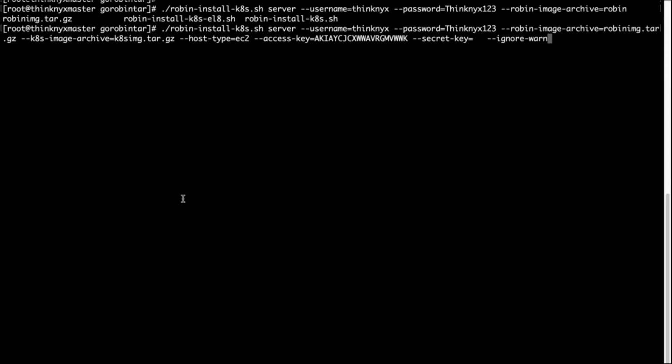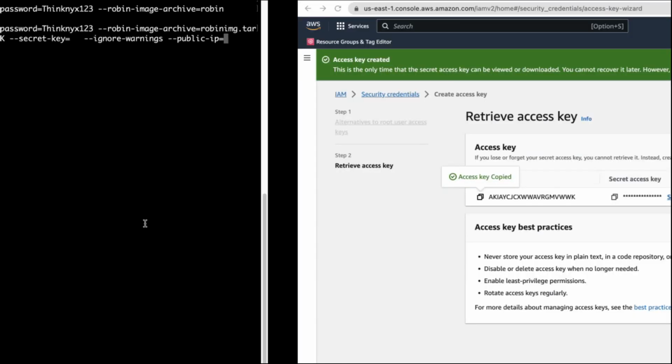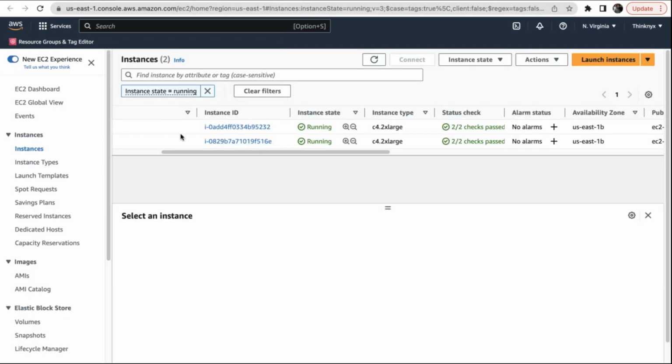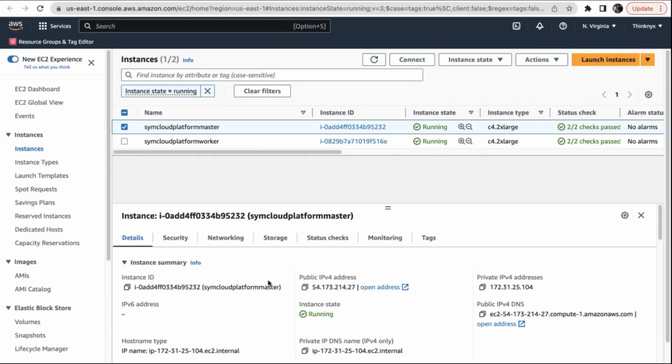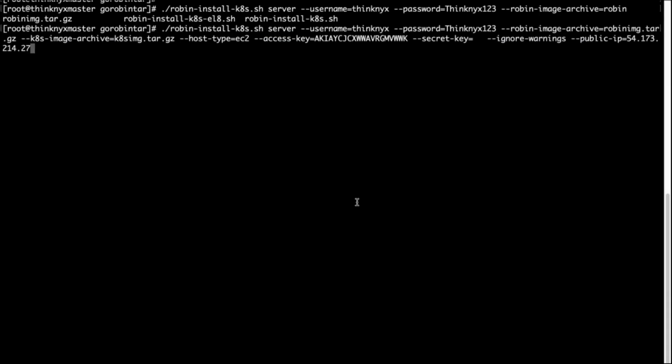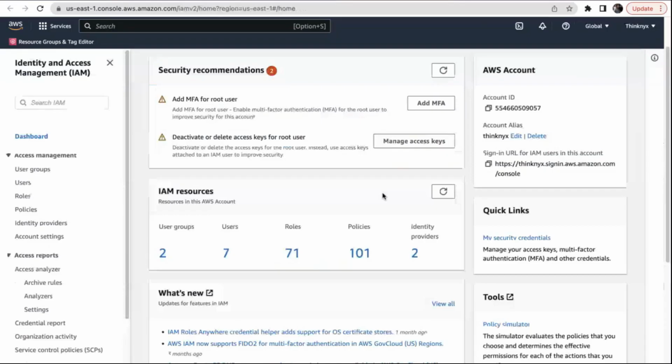And then hyphen hyphen public hyphen IP equal to the public IP, which is the temporary IP of our master. I haven't created an EIP, it's an ephemeral IP, this one. Come back, paste it. So we have the server installation, username, password. These are the Robin images. These are the Kubernetes images. The host type is EC2, access key is this, and finally the secret key, which I am going to take from here. So I'll copy this, come back,